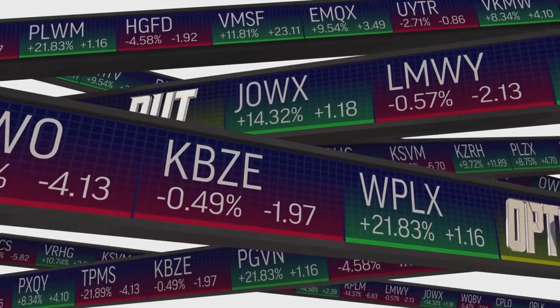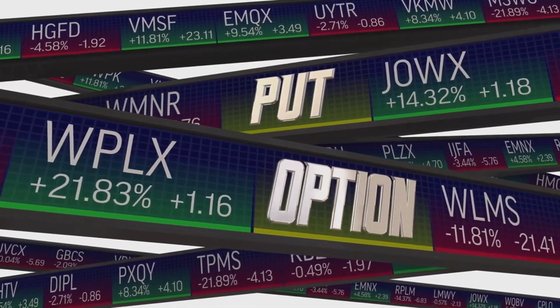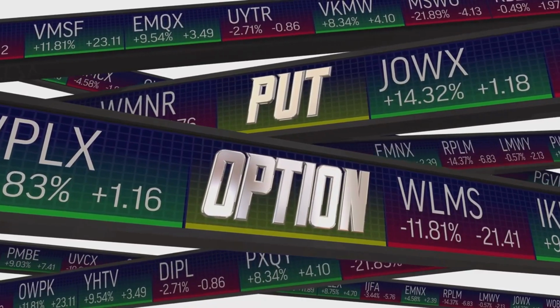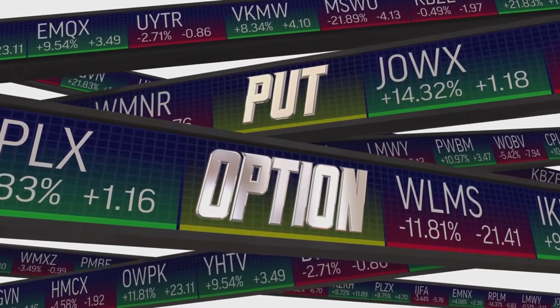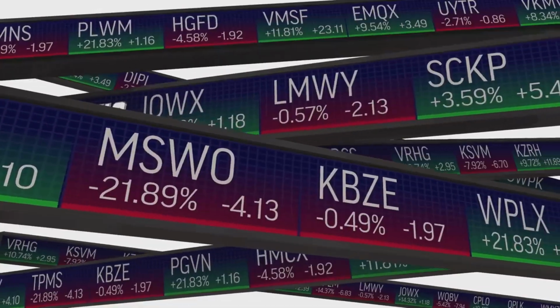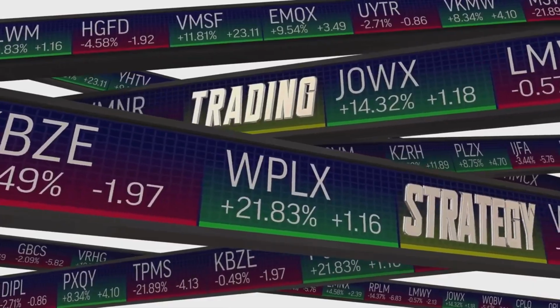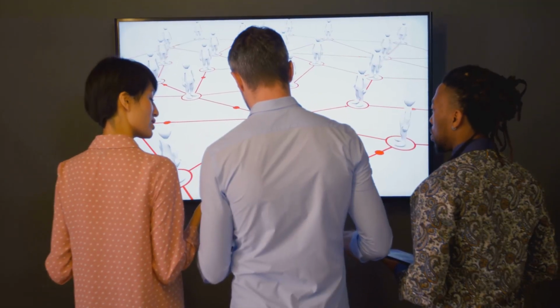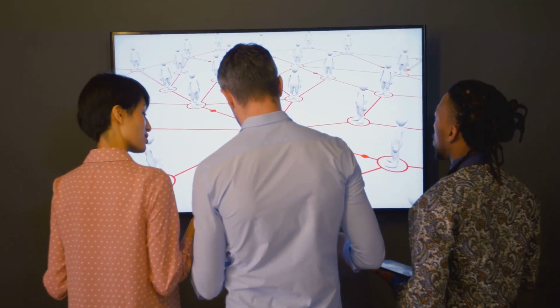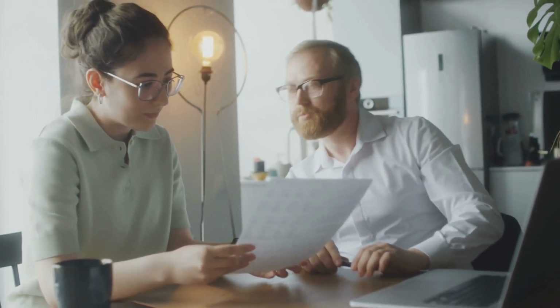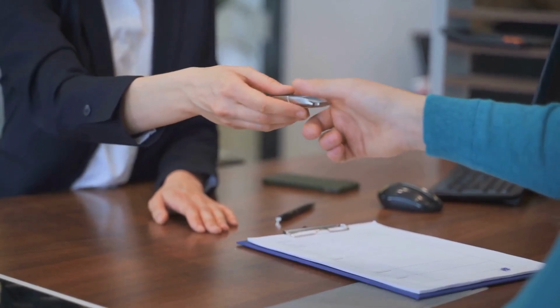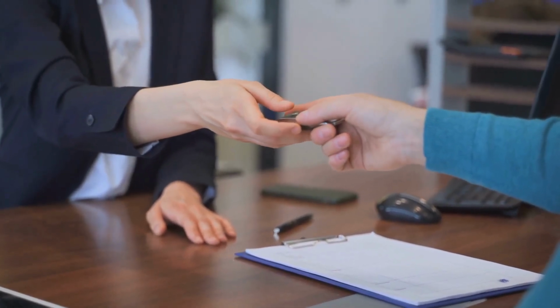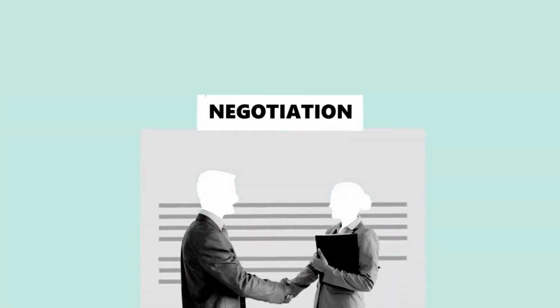Options contracts give the buyer the right, but not the obligation, to buy or sell an asset at a specific price on or before a certain date. Unlike futures, options provide more flexibility. Swaps involve exchanging one stream of cash flows for another. For example, a company with a fixed-rate loan might enter an interest rate swap to convert it to a variable-rate loan. Forwards are similar to futures but are not standardized and are traded over the counter. They are private agreements between two parties.